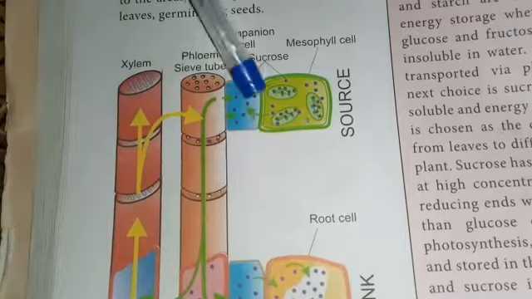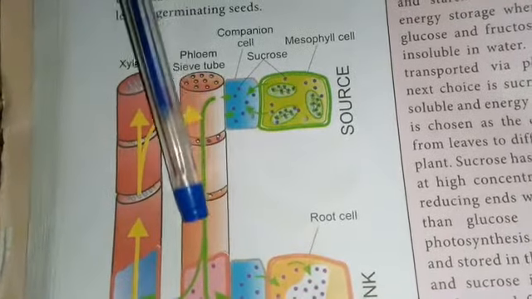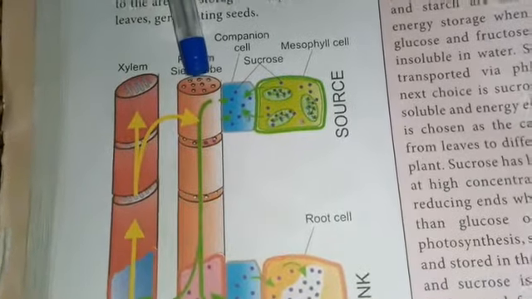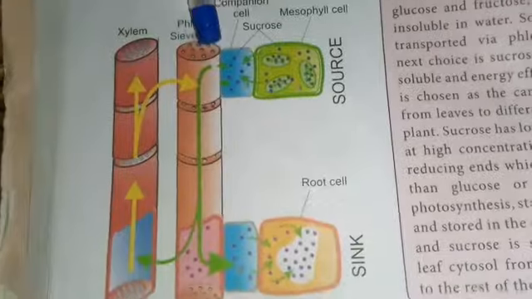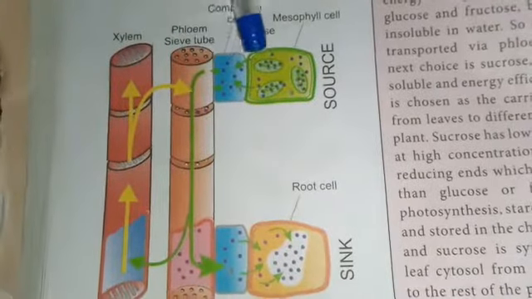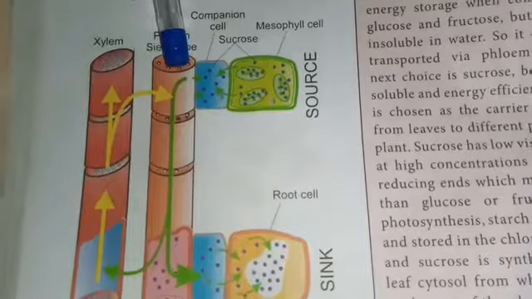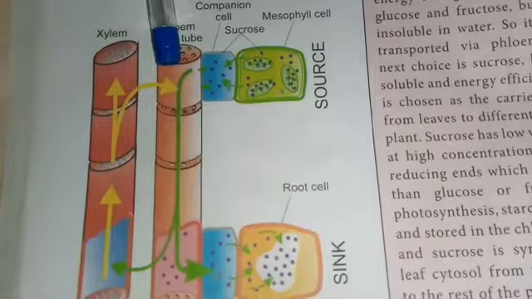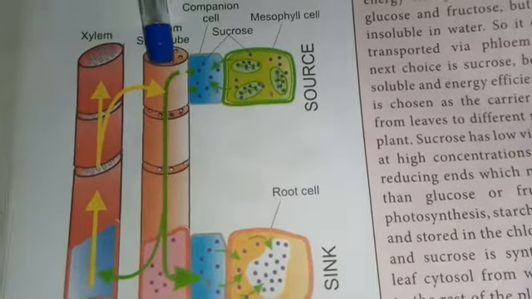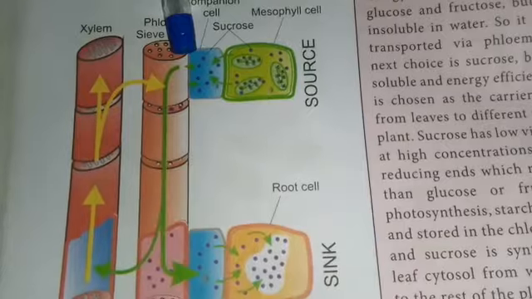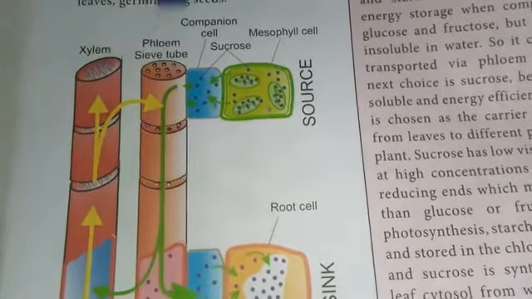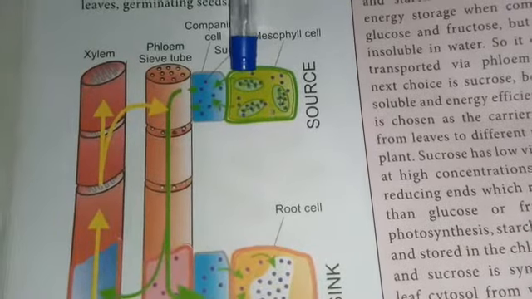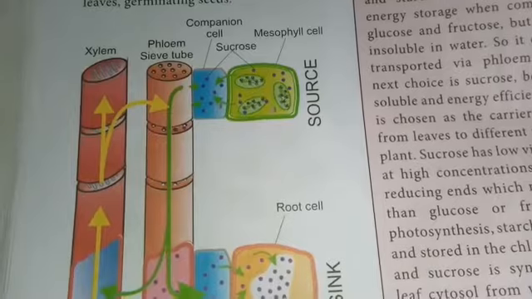First, the sieve tube conducts sucrose only. The sieve tube conducts only sucrose, but the photosynthetic product in the chloroplast is mostly in the form of starch. That is, the photosynthetic product of the leaf is starch, but the phloem is able to conduct sugar only in the form of sucrose. The starch or triose phosphate has to be transported to the cytoplasm, where it will be converted into sucrose for further translocation.